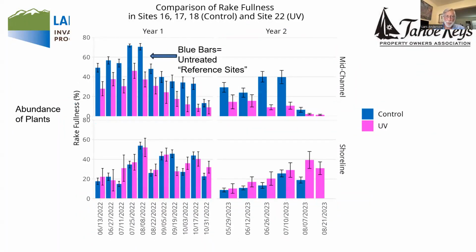So I mentioned the importance of rakes and being able to tell these differences. This is our UV site treatments. Again, the blue bars are untreated reference sites. This is site 22, which was continually, repeatedly treated with UV. And you can see we had some pretty good effect in mid-channel if you look at year 1 and year 2. But again, in the shoreline, because it's very difficult for this equipment to get in between docks, especially when boats are moored there,